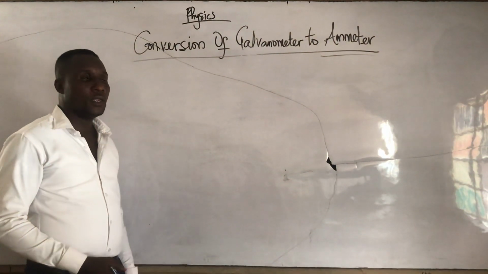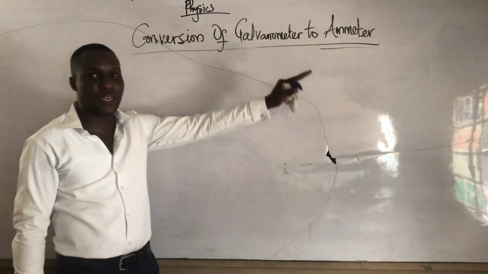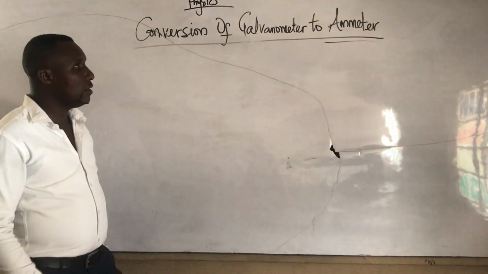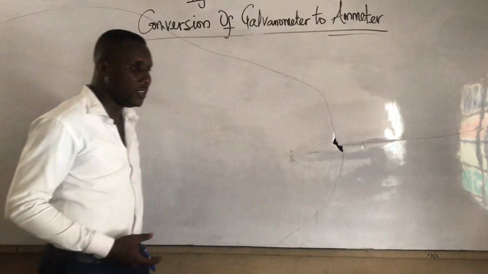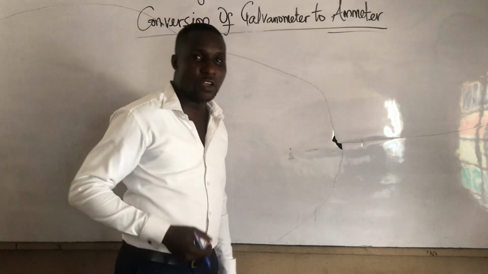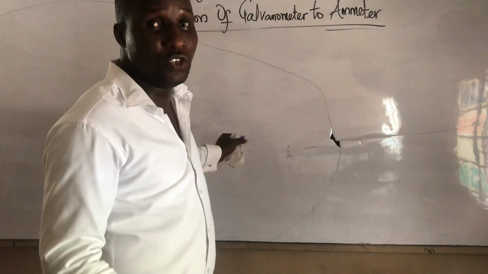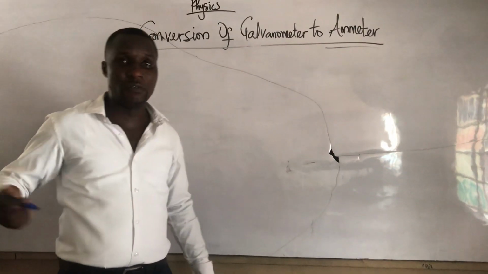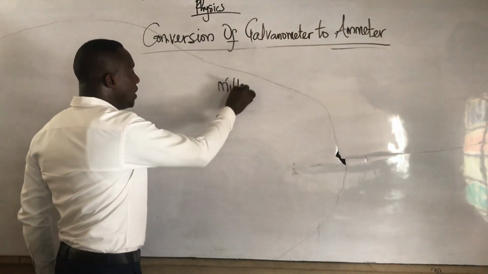In this video, we shall discuss the conversion of galvanometer to ammeter. What is a galvanometer? A galvanometer is a device that can be used to measure small current, and it can also be called milliammeter,